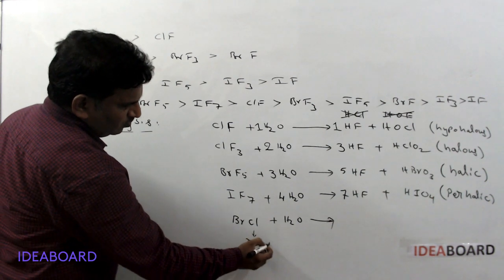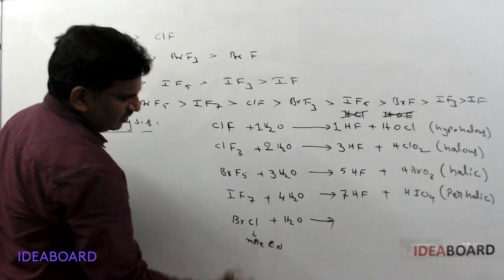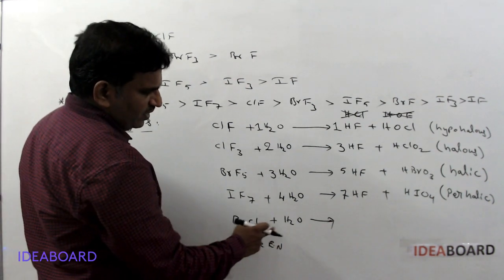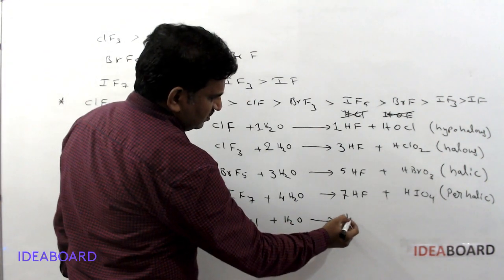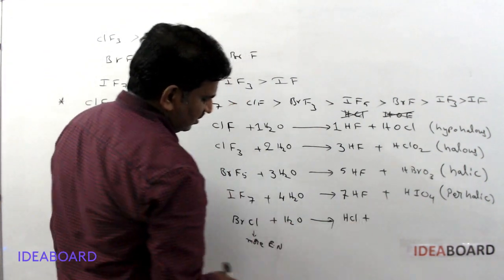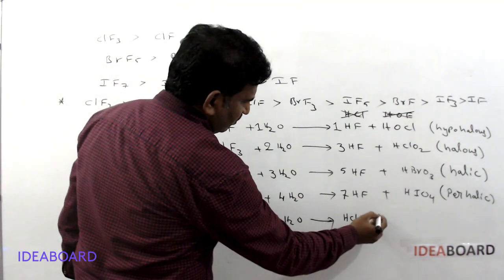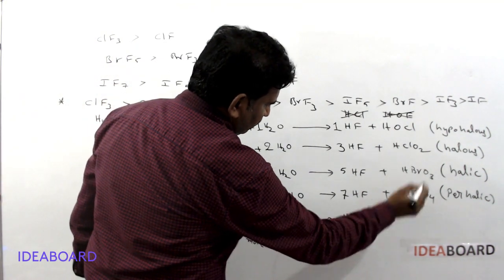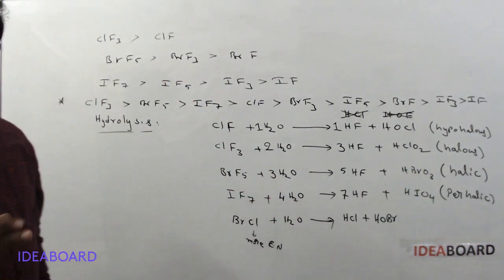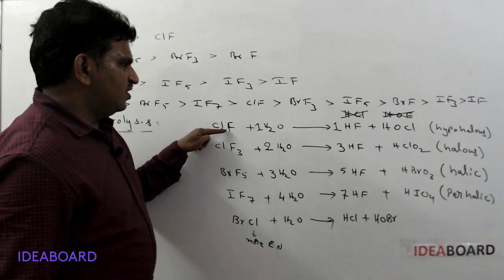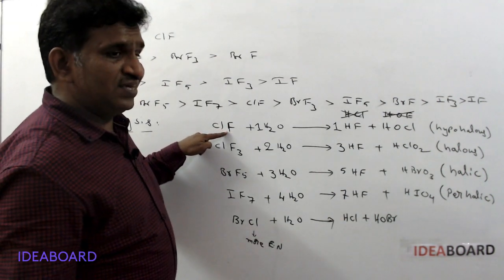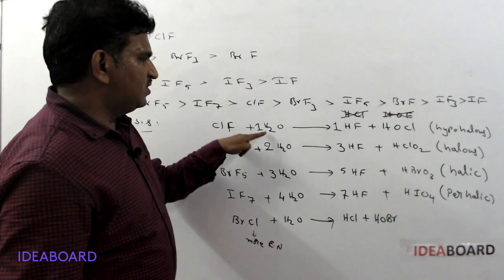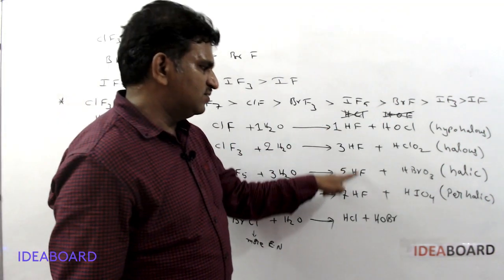So the more electronegative atom plus hydrogen is released as HCl plus the remaining compound. It is forming HOBr. So always remember, the more electronegative atom of the interhalogen compound with hydrogen forms a hydrogen